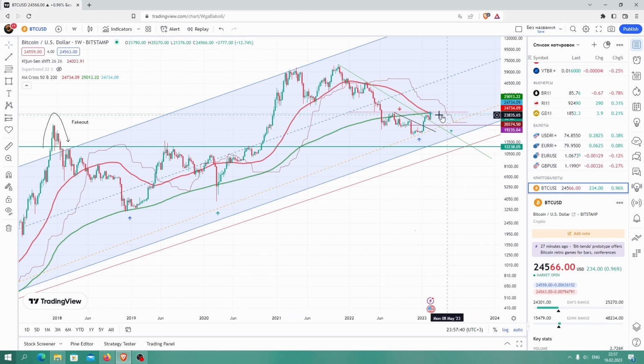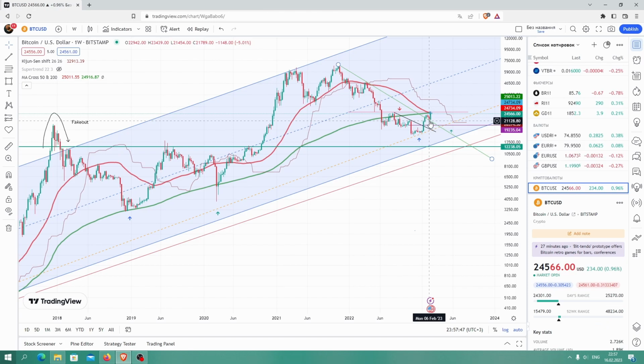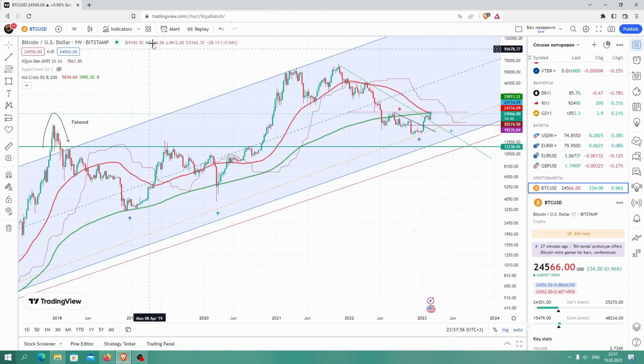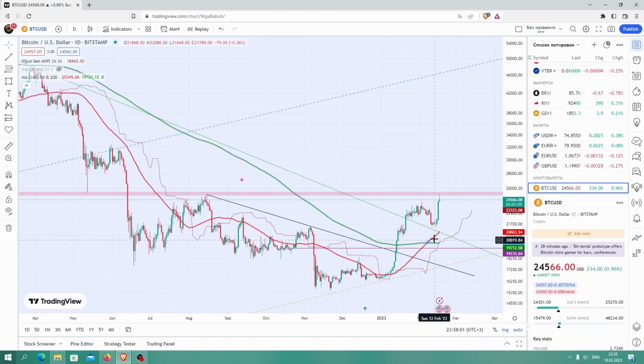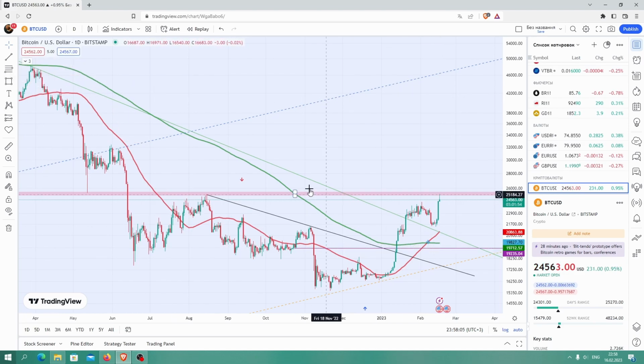So if everybody sees this death cross, and as we approach this support level, everybody was talking about how we crossed the weekly death cross, it is the first time in history and something bad is going to happen. I thought, well, we have on the daily this, as you can see, we already marked the golden cross here. And I told you that, many times before when we were retesting it here, that we are not able to break this